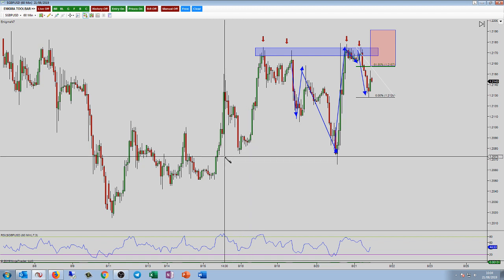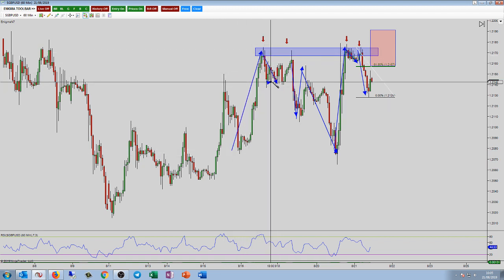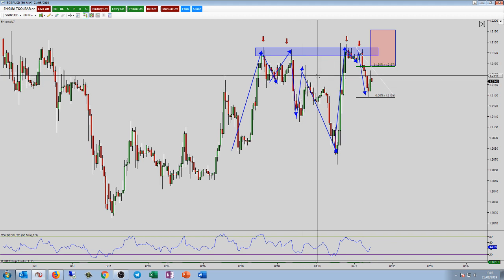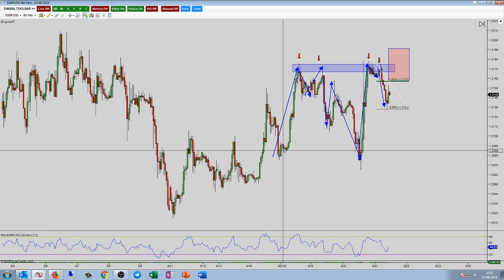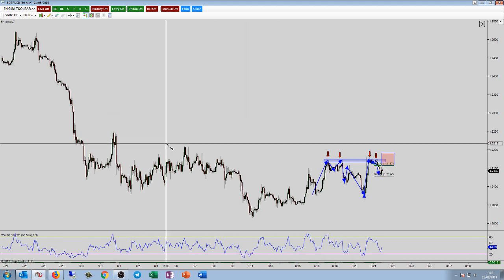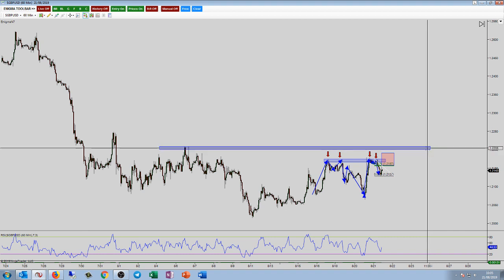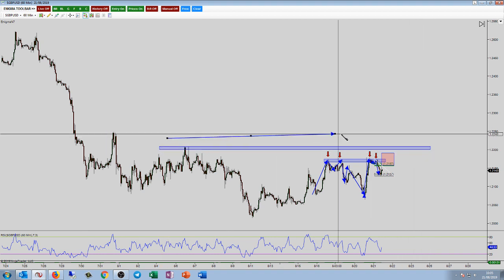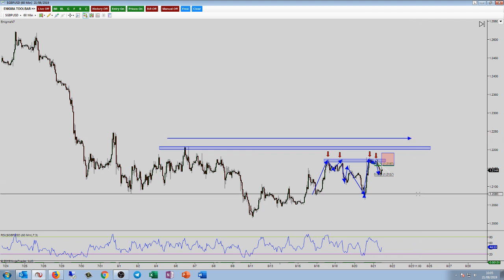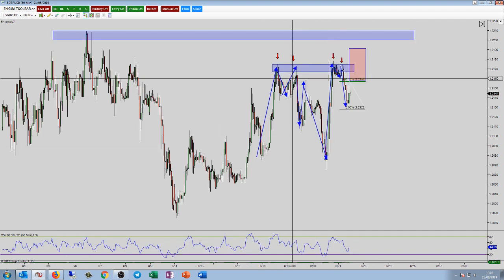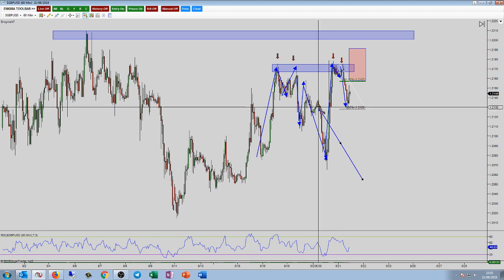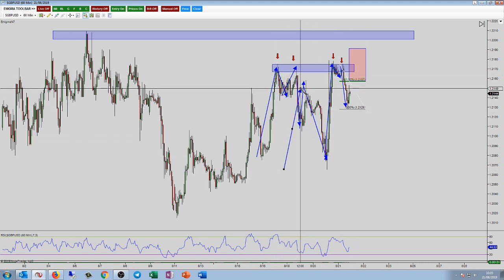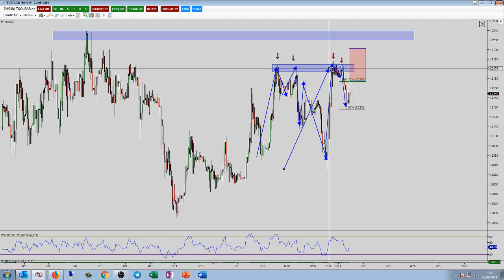If you remember in the last webinar, when we looked at this double top, we said that when you get involved with the 2618, you want to be quite aggressive with moving to break even or reducing down the risk, because the double top did not occur at the top of structure, which is up here. And the safest place for your stop loss is above the outside return up here. That is your safest place. If you get involved before that, you have a higher probability of the market coming back up, if you remember. And that's exactly what happened. So with that double top, the 2618, we then entered trend, and then boom, news came out.